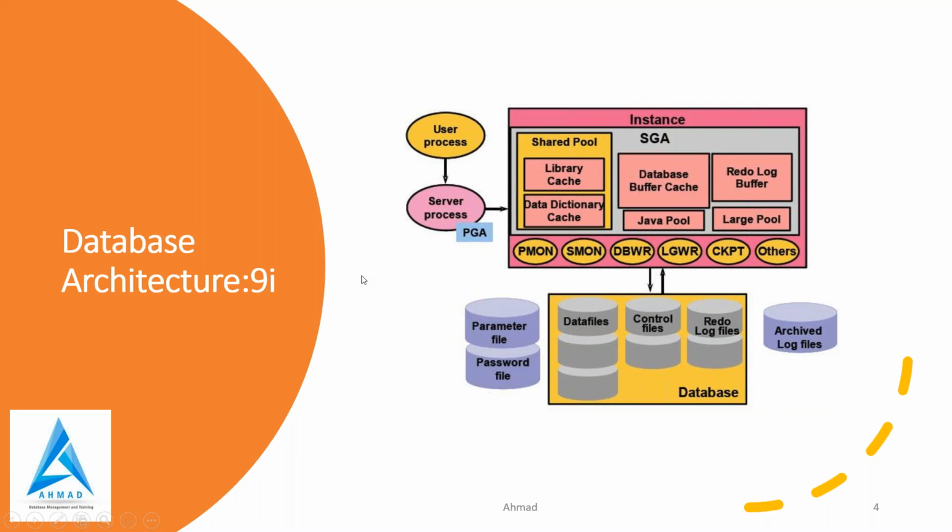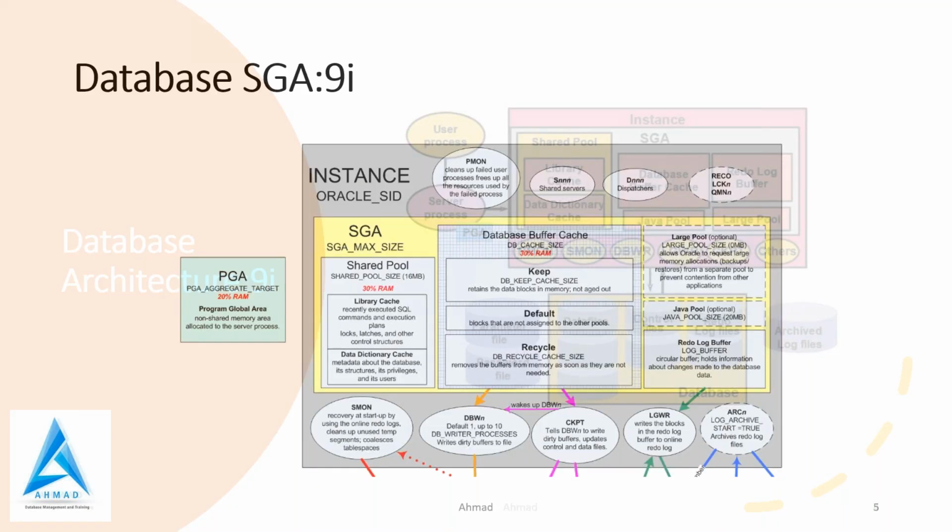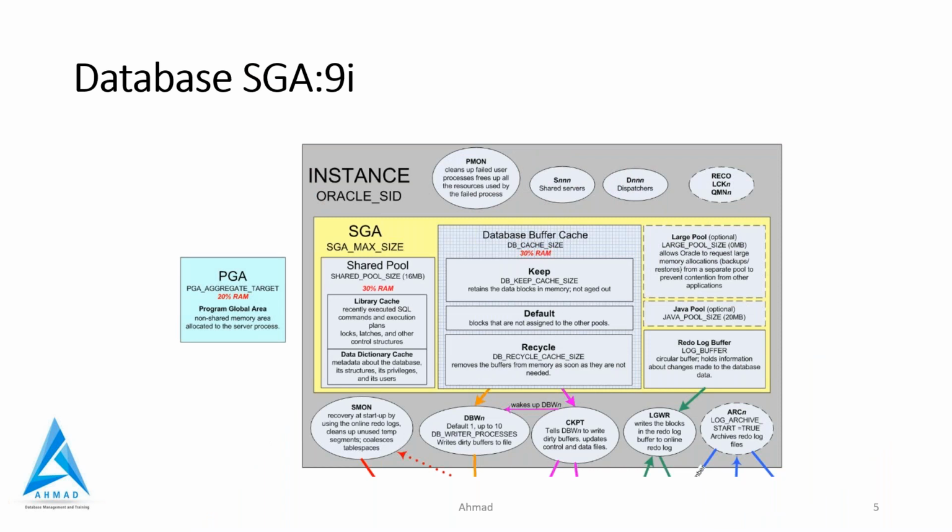And what change happened in 9i? Actually, from 9i, your SGA became dynamic. What is the meaning of dynamic? Dynamic means you can change memory components in the running stage of your database. That's why it's called dynamic. Before 9i, it was not dynamic. So if you wanted to change any components in SGA, you had to change it and then shut down the database. But from 9i, it started being dynamic.